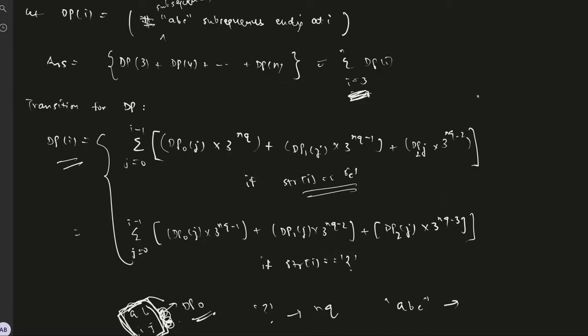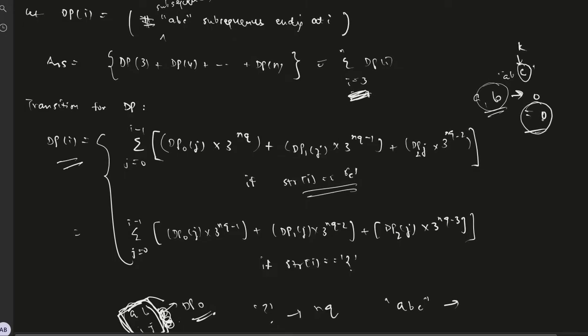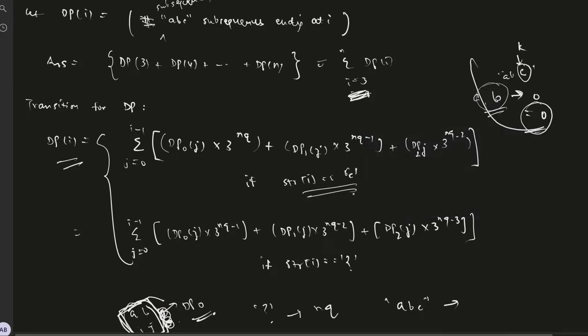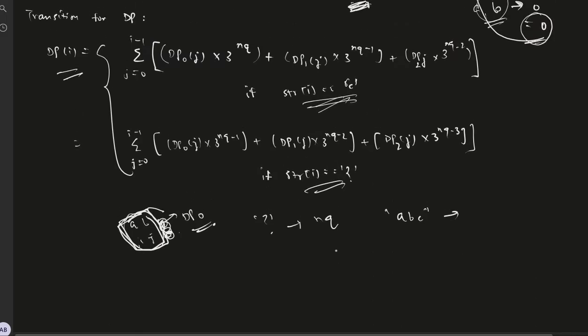If the ith character is A or B, then for sure we will not be able to get any subsequence ABC ending at I, since the ith character is already A or B. So this is not possible. For that case, the value of dp of I would be 0. Considering the other two cases, that is when str[i] is equal to C or str[i] is equal to question mark,